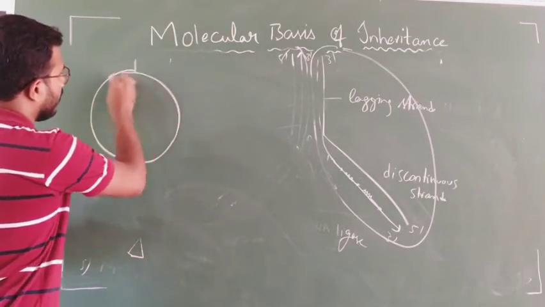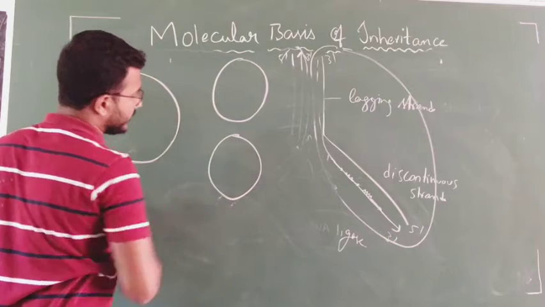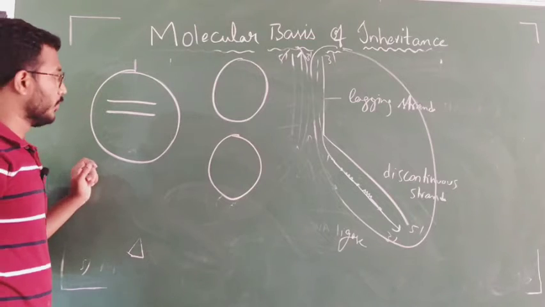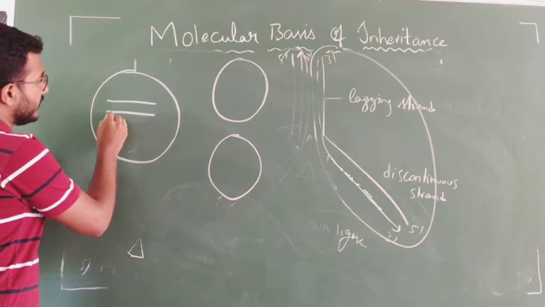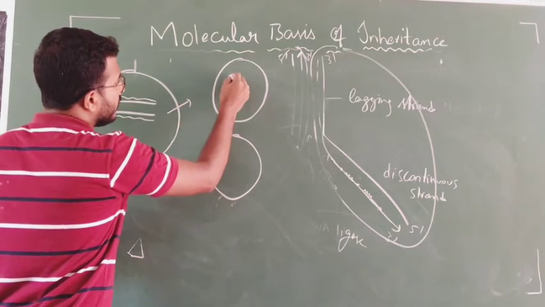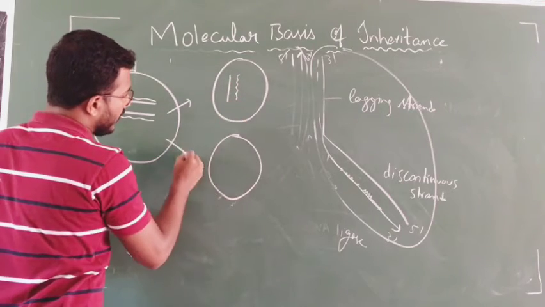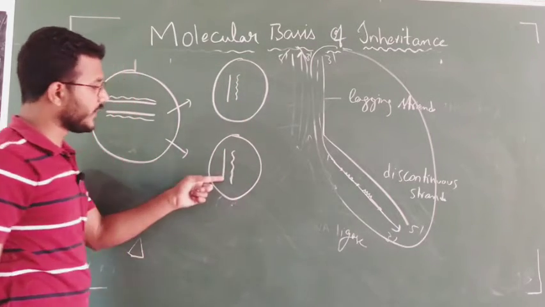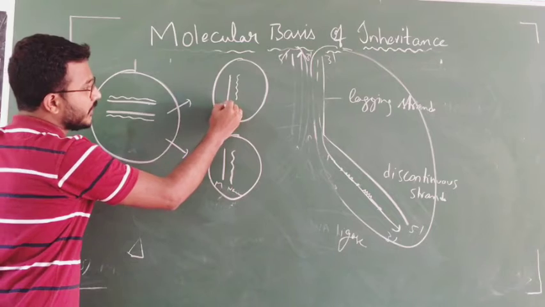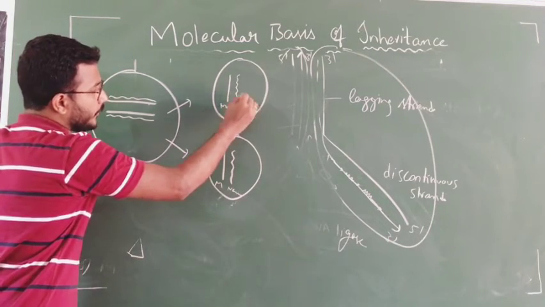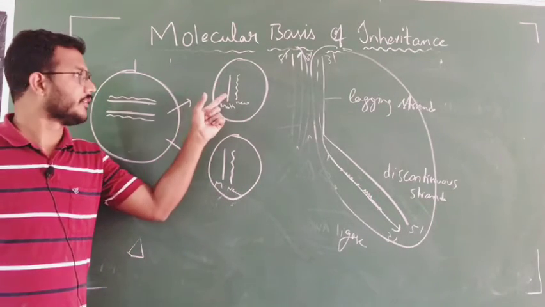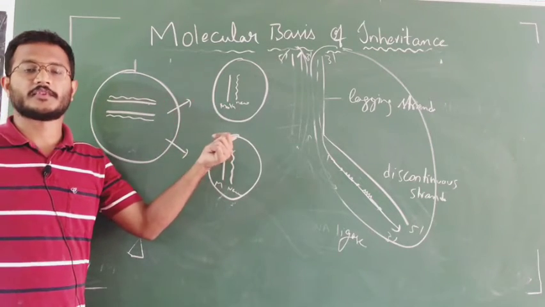This is one cell and these are the two daughter cells. This is the DNA present in the mother cell. Now the mother cell is replicating its DNA. This is the new strand and this is the new strand. Then it is transferred to the offspring. In the offspring, this belongs to the mother and this is the new. This belongs to the mother cell and this is the new. That is, each and every cell conserves half, or one copy, of the DNA strand from the mother. So that's why it is semi-conservative.